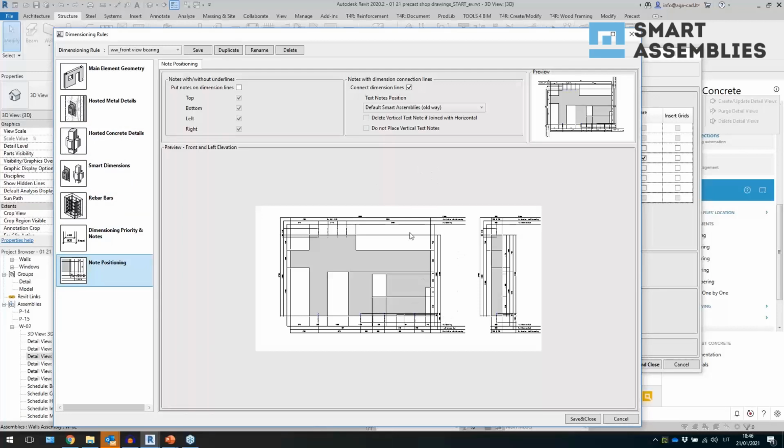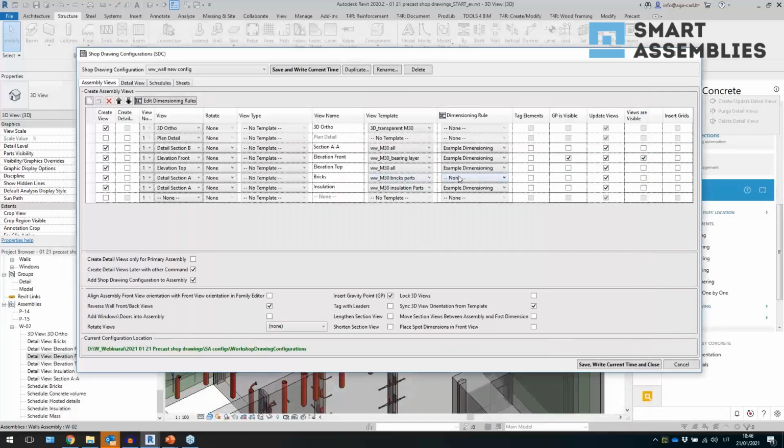Now the nodes, it could be connected dimension lines, and the nodes on the left or just on the right or selected position. But I found this one is pretty good because it's quite clear to see the nodes and the positions, so I use this option. So I'm gonna save this and I will apply this to the front view. All right, actually we can apply that to other views as well, but it's not gonna be perfect, but at least something will be created. For bricks I will skip that, but